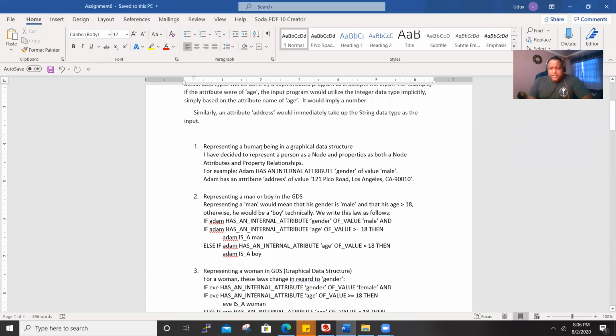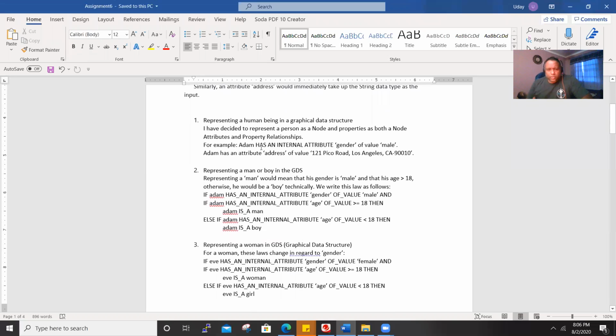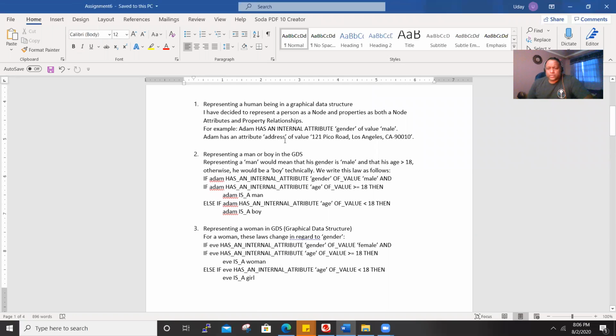Okay, now representing a human being. If you want to represent a human, we'd represent a person as a node, and we'd have node attributes and property relationships. Node attribute is like the age of a person, or the color of the eyes, or skin, or hair color. That's an internal attribute. And property relationship is that